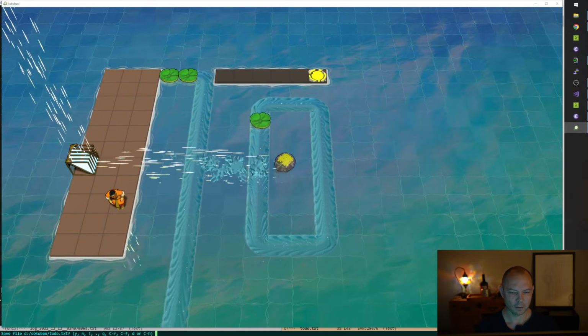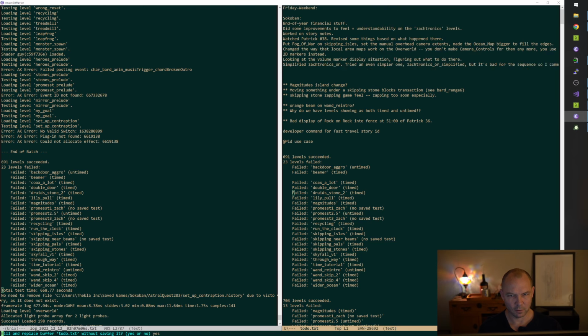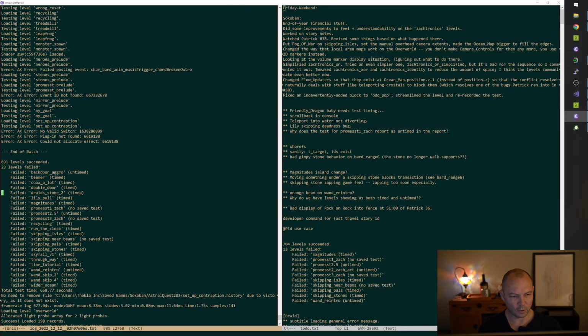Why is Emacs having a cow? Oh, it doesn't like that the to-do file changed. So bad at that. All right. Now,